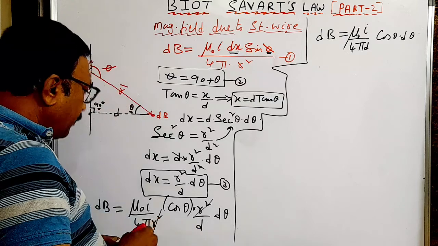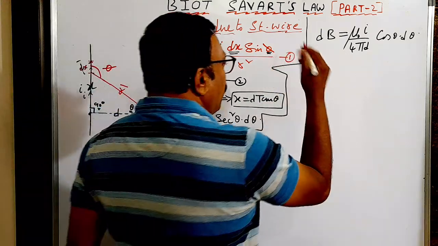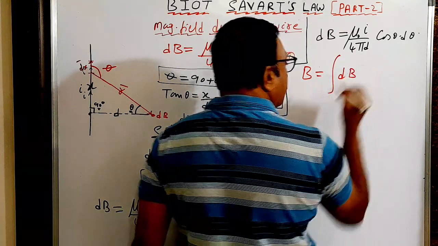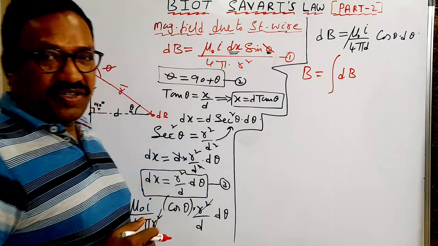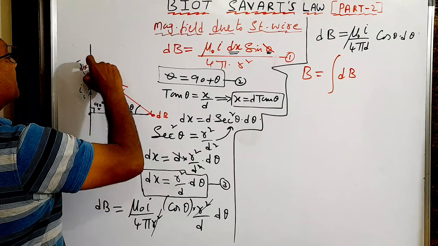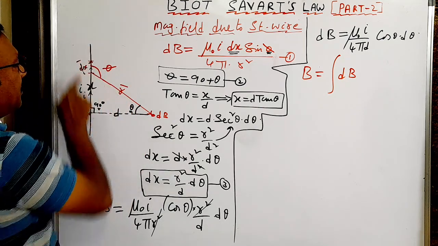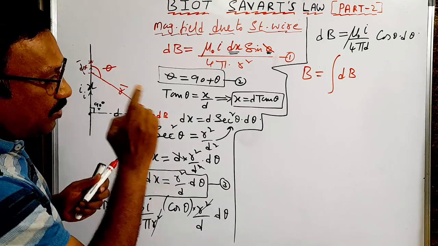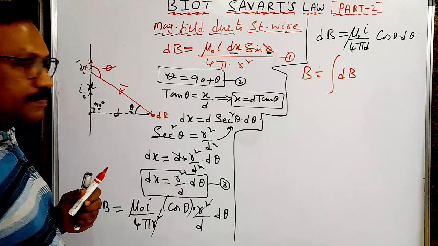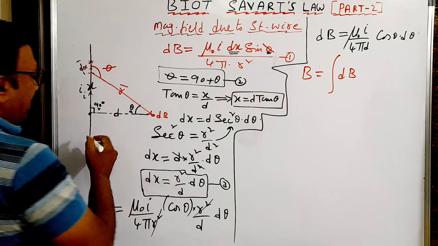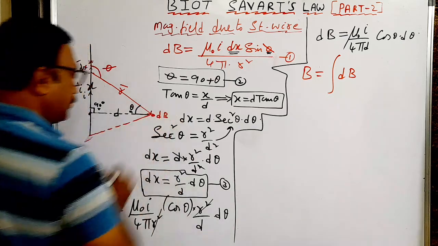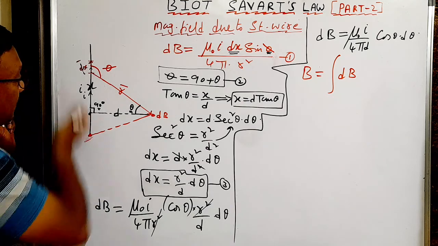Okay. So I want magnetic field here, B, which is integral dB. Limits of the integration. So the dx will start here, dx, dx, and end here. So this is a starting point and this is an ending point. So what is the limits of theta? Theta is variable here, isn't it? Perpendicular distance is constant for each element dx. So I will take this as one limit. Because I have to start here and go that side.